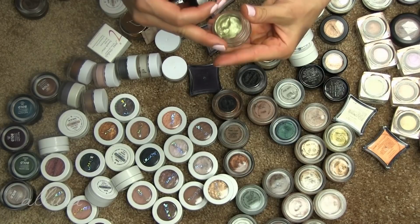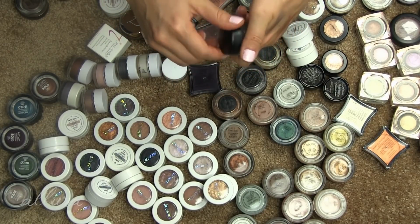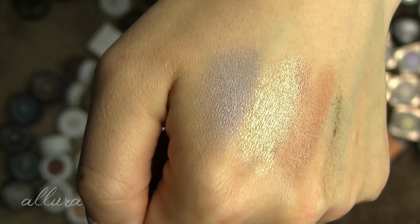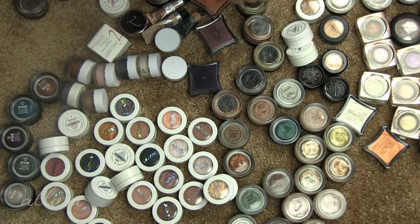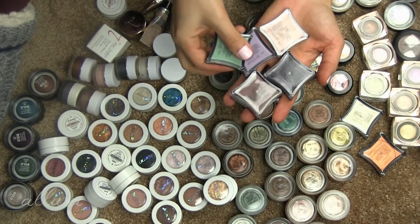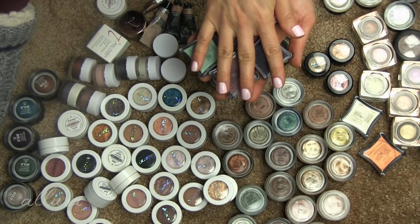Ooh, this one is still liquidy, so I'll leave that in there. Okay, so I'm gonna leave these in here, and you see they're a little more soft in the wash of color, but they're still very pretty. I'll just include them in the swatches to see if I really wanna keep them. And then I have these 5 cream pigments by Illamasqua, and I love the formula for these,